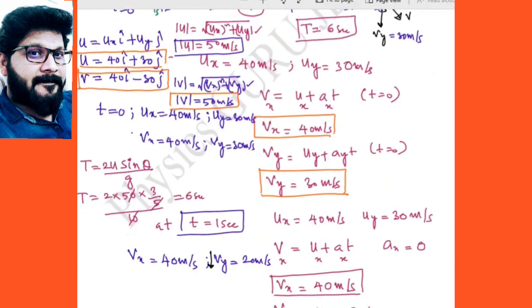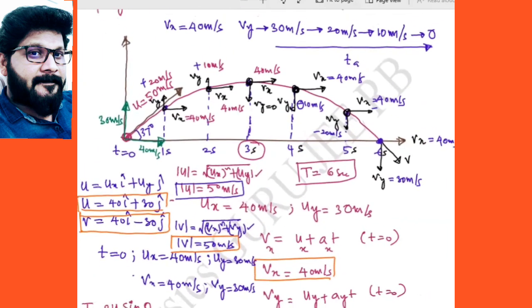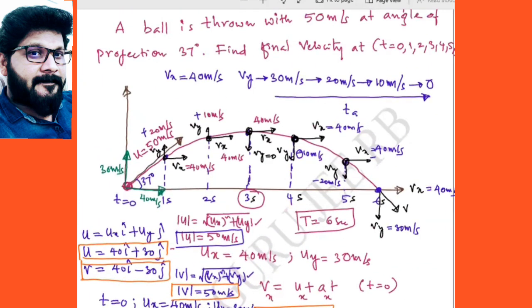So what are the things that we have to write here? Just to check it out, all of you. So Vy as a function of time, right? The reverse of it is happening when it is returning back, that is from maximum height to the ground. Okay, first, note down point number one.